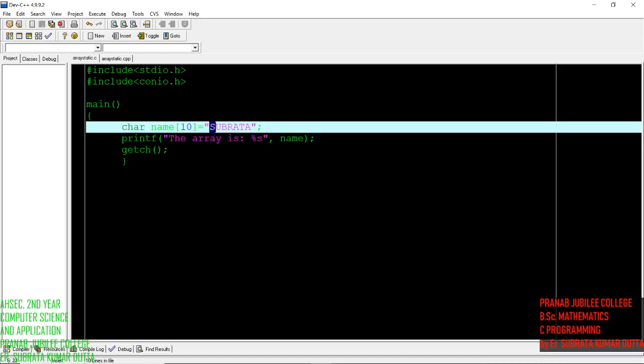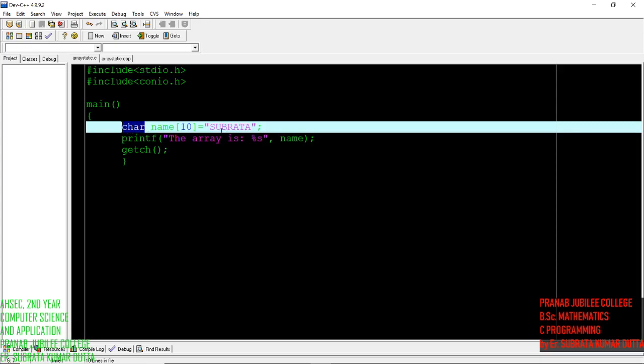So S is a character, U is a character, D is a character, R is a character, A is a character. All these single alphabets are considered characters. So again, this array name, whose maximum size is 10, will contain character elements.